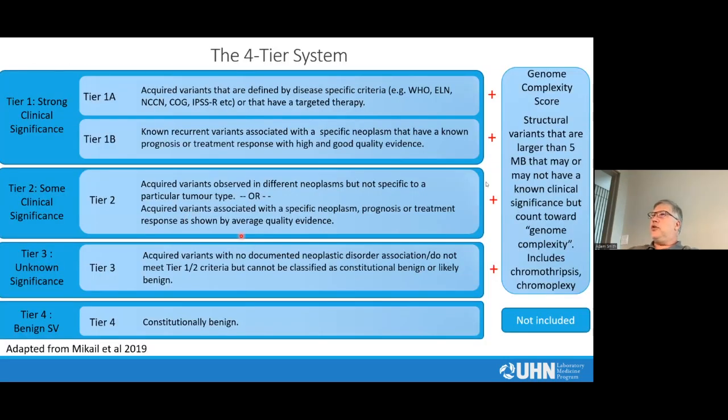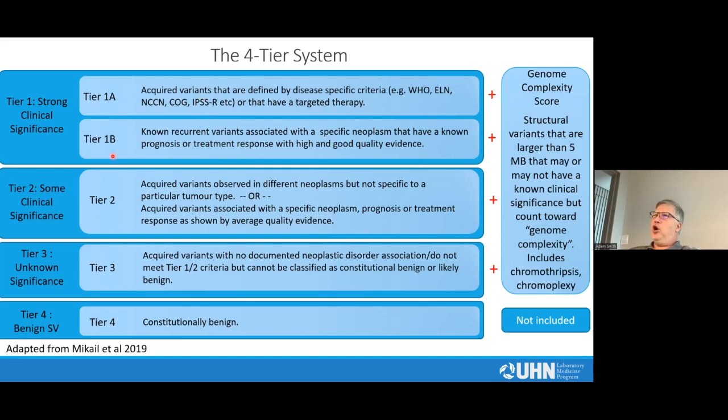So these are the tiers. These are the same tiers that were proposed by Mikhail et al. for microarray analysis. So, for example, anything that is defined by disease-specific criteria, anything in the WHO, the ELN, anything in any of the guidelines is basically a tier 1A abnormality. So, you know, a deletion 5q is a tier 1 abnormality, but also, for example, a B core deletion, so mutated B core is a guideline disease-specific requirement or disease-specific criteria, so it would also be considered a tier